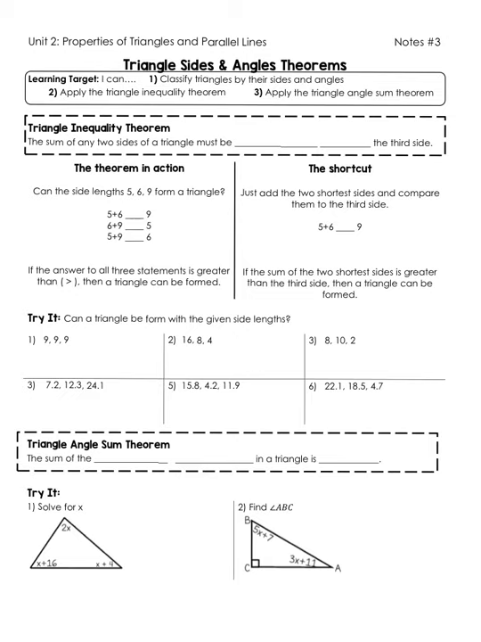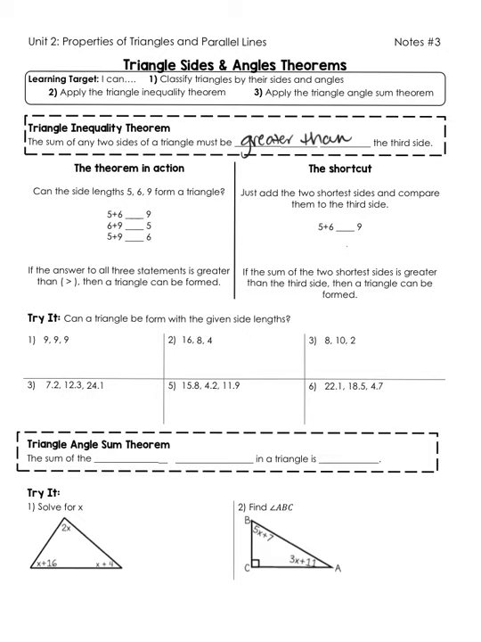We discovered in that activity that our triangle inequality theorem says the sum of any two sides of a triangle must be greater than the third side. If we look at this theorem in action, can the side lengths 5, 6, 9 form a triangle? We need to check that when we add any two sides together, that answer must be greater than the